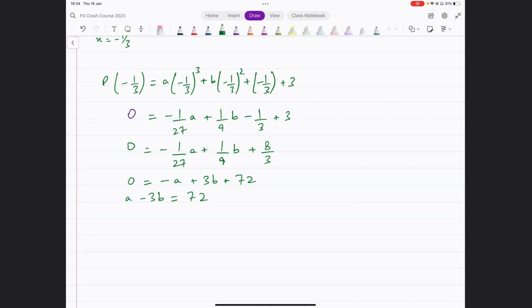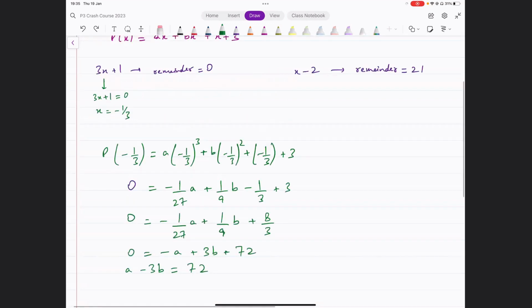Okay. Now, this is one equation, and we have two unknowns. We can't really find the values of a and b directly from this equation. We'll need some more information. Let's look at the other